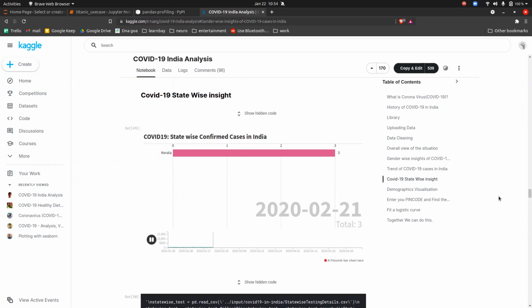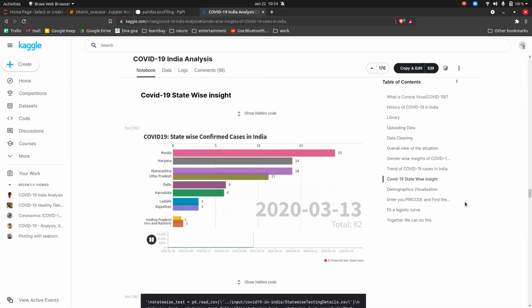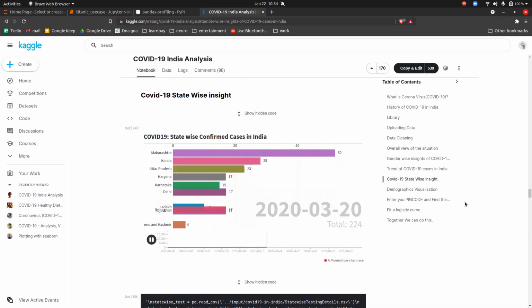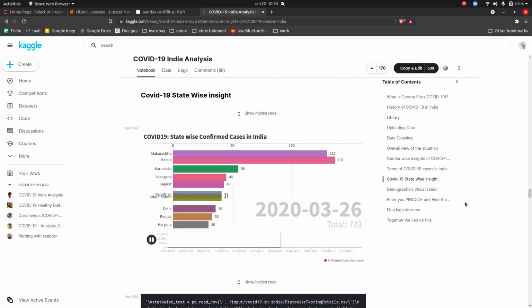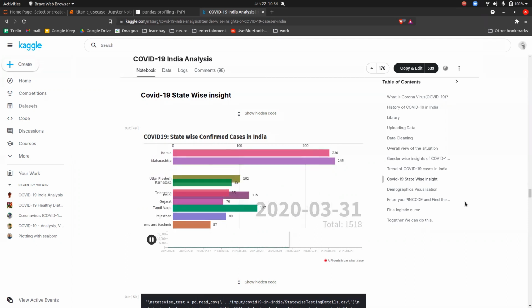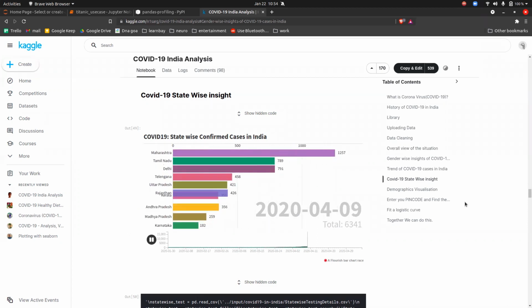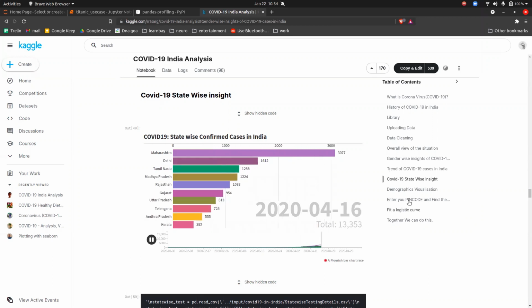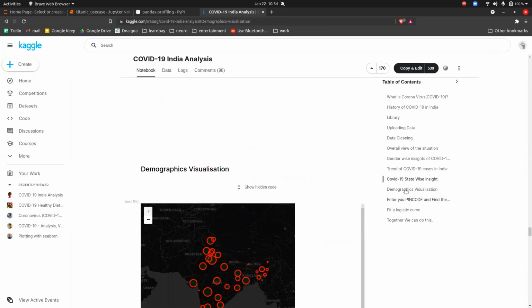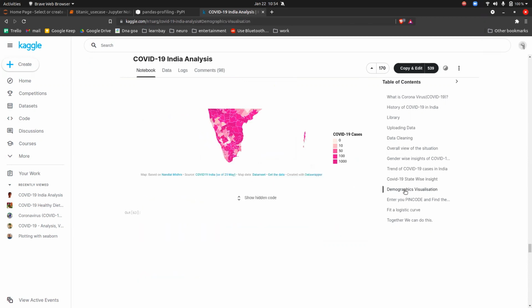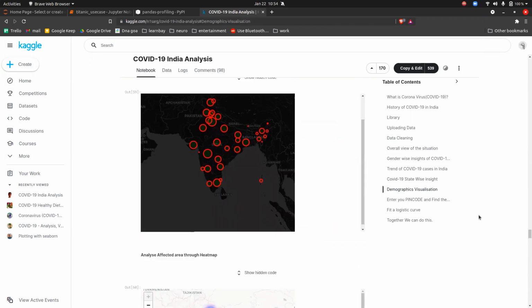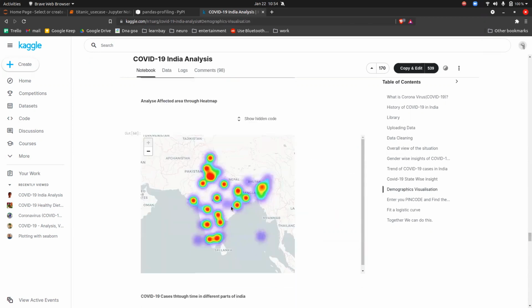This is the beauty of pandas, guys. Of course they are using different libraries, but see how beautifully they are doing things here. Isn't that interesting, guys? This is how you can visualize the data. See demographic visualizations: if you scroll down, you will get a demographic visualization like this.